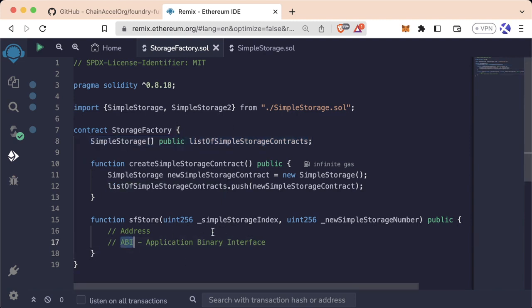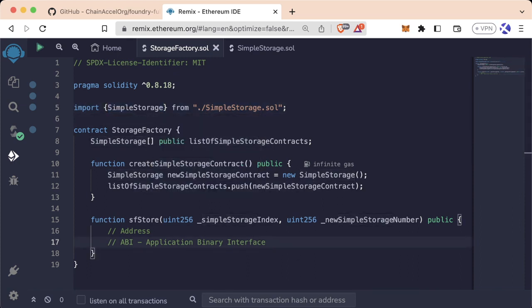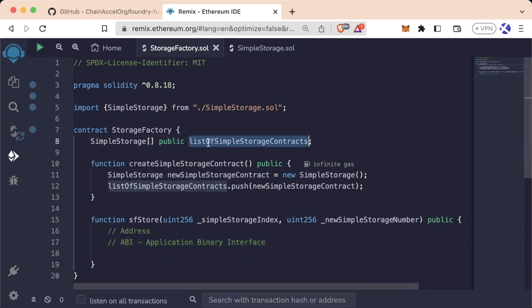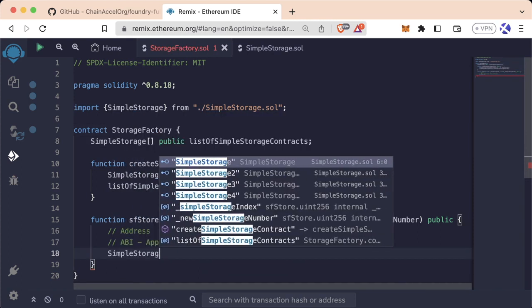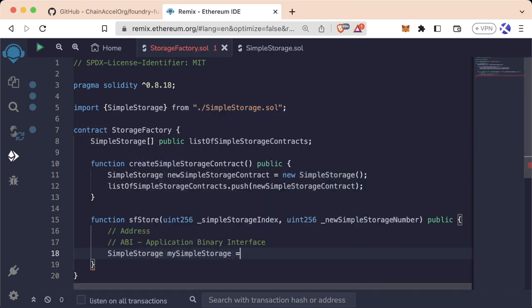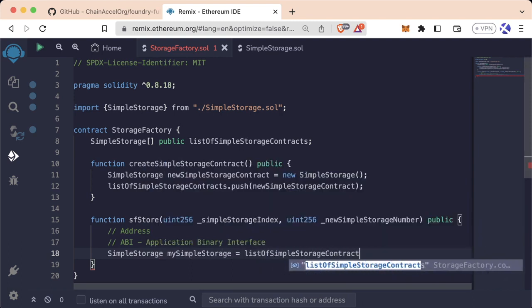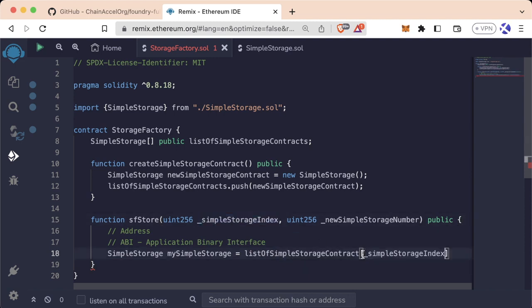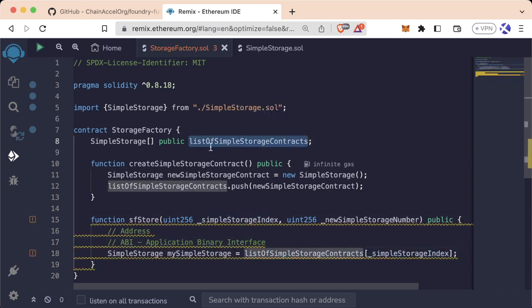So the reason we have the ABI is because we're importing our simple storage contract. And actually, let's delete this simple storage too. We don't really need the simple storage too. So when we compile simple storage, we automatically get the ABI for Solidity. In the future, we'll learn other ways to get the ABI. So down here, let's get a simple storage contract to interact with from our list. And to do that, we'll say SimpleStorage mySimpleStorage equals listOfSimpleStorageContracts at index _simpleStorageIndex, like this. Since this is an array of simple storage contracts, we can just automatically get the contract